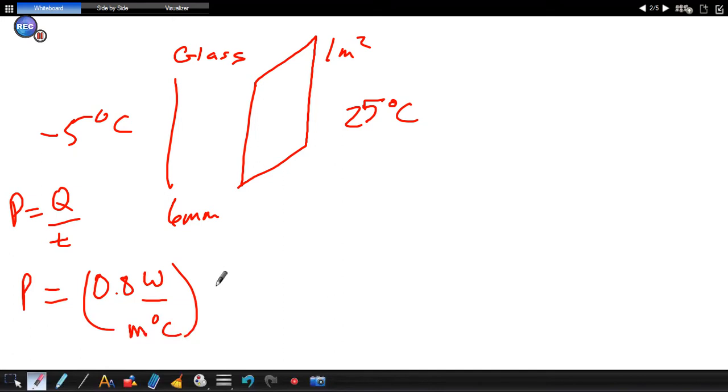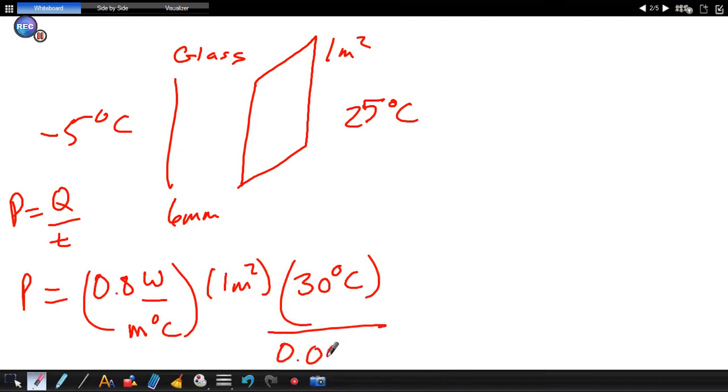Then we'll have the area is 1 meter squared. And we'll have the change in temperature is going to be 30 degrees Celsius. And our distance is going to be 0.006 meters because it's 6 millimeters. So 0.8 times 30 divided by 0.006 is,